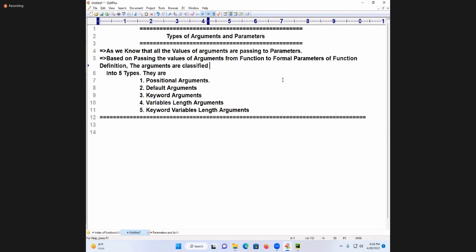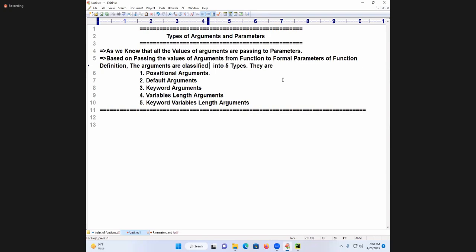The arguments are classified into how many types? Five types. One by one I wrote them.